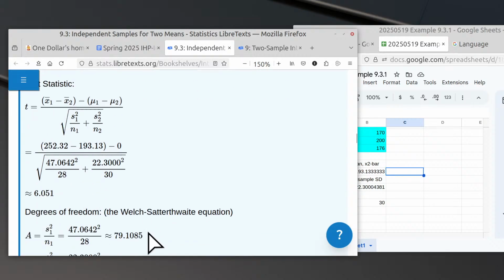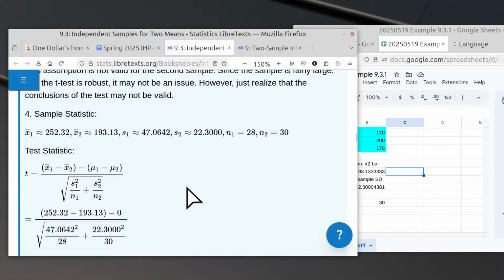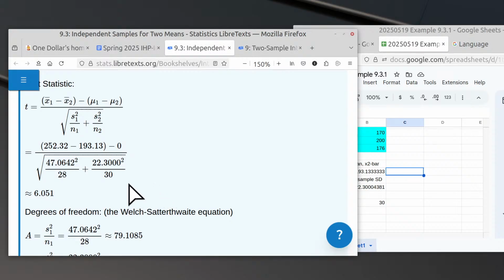The t-score is 252.32 minus 193.13 minus 0. Generally, that is 0. And divided by the square root of s1 squared divided by n1 plus s2 squared divided by n2, and the t-value is close to